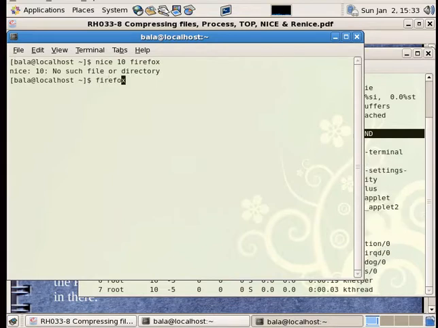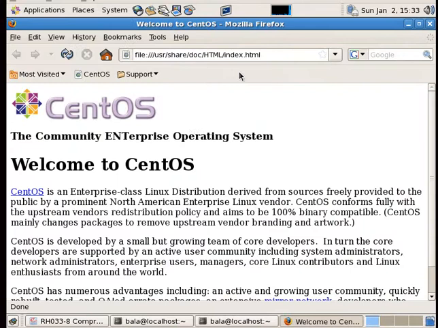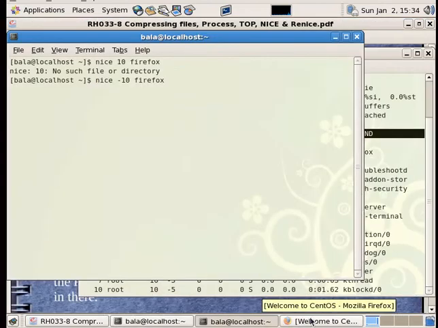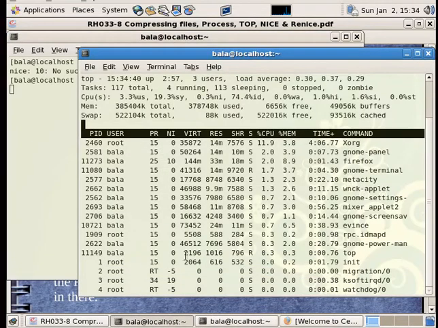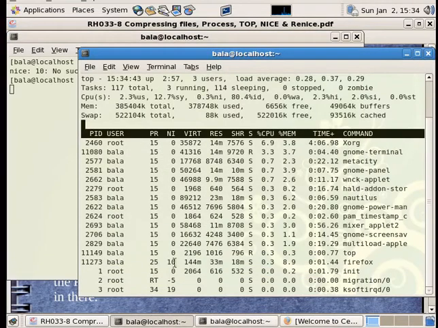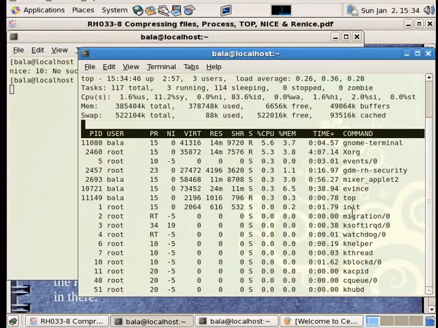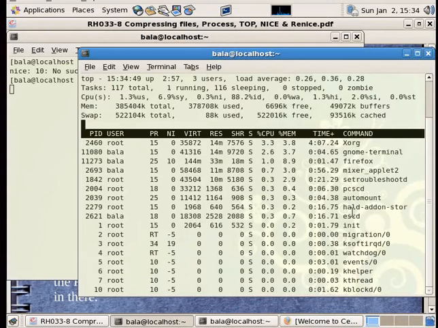Okay, so it does exist in my path. Hit enter. Firefox is opened up and it's running with a nice value of 10. Let me go back there and see this. There is a value of 10 over here for Firefox. You saw that, right?